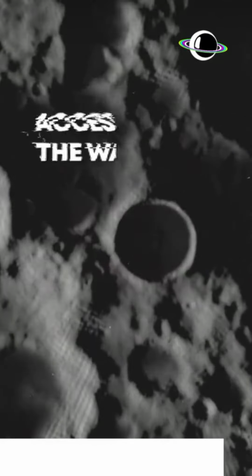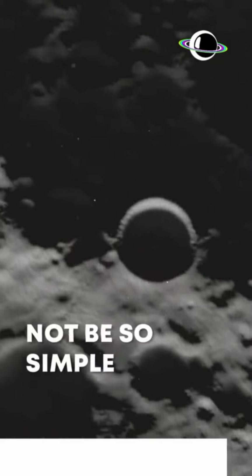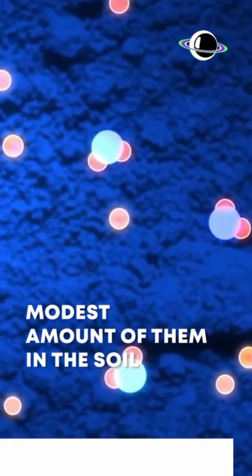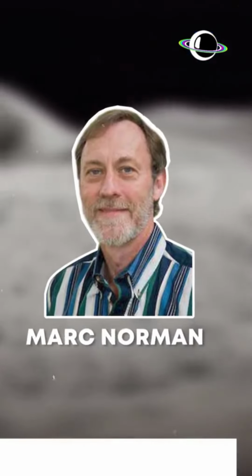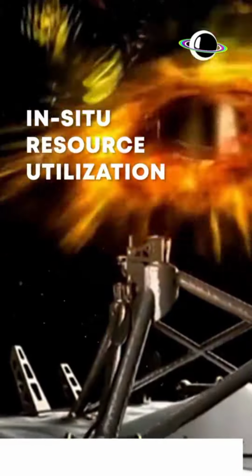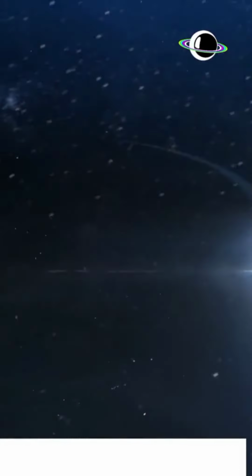But scientists caution that accessing the water may not be so simple. The beads are small, and there's typically a modest amount of them in the soil, says geologist Mark Norman. Extracting them on an industrial scale for in situ resource utilization, at least at this point in time,